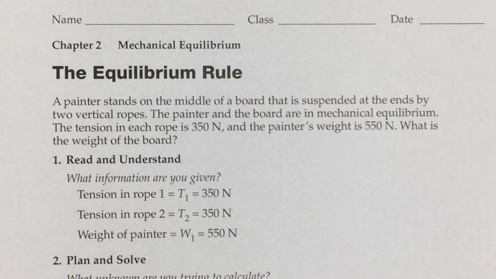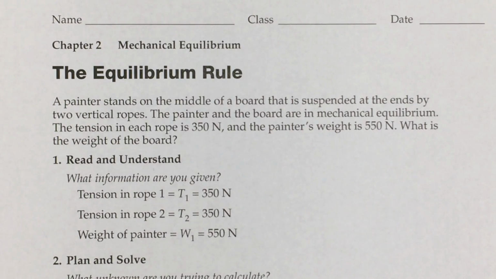The rule is that all the forces equal zero. Whatever forces are going up and down will cancel each other out, and whatever forces are going east and west are also going to cancel each other out. So two strong men arm wrestling, one is putting a force to the right, the other is putting a force to the left, and they're canceling out each other's force until one of them has a higher force, and then the hand will move. That's how it works. It's no longer in equilibrium, and it would be moving.